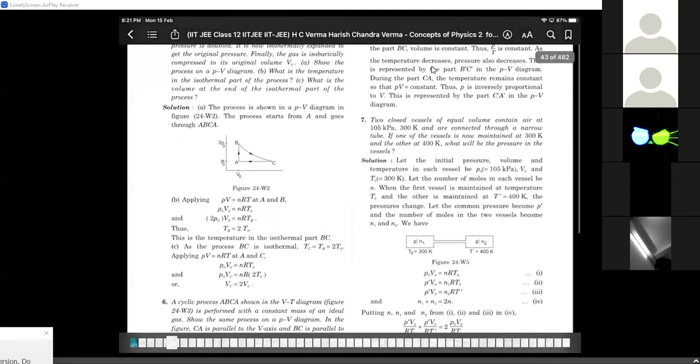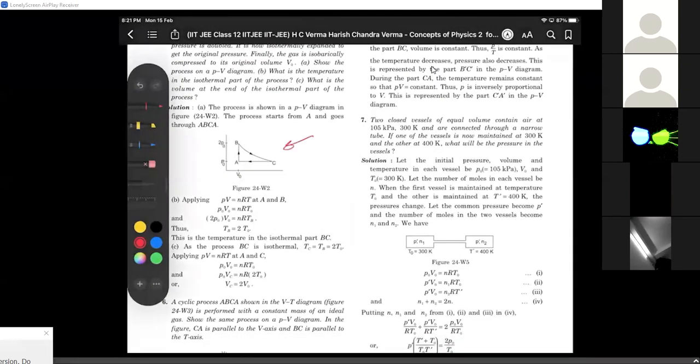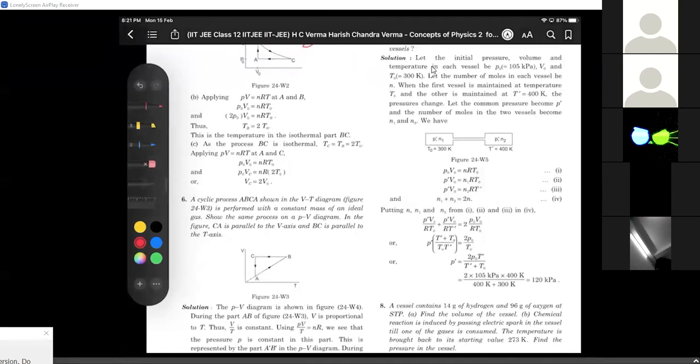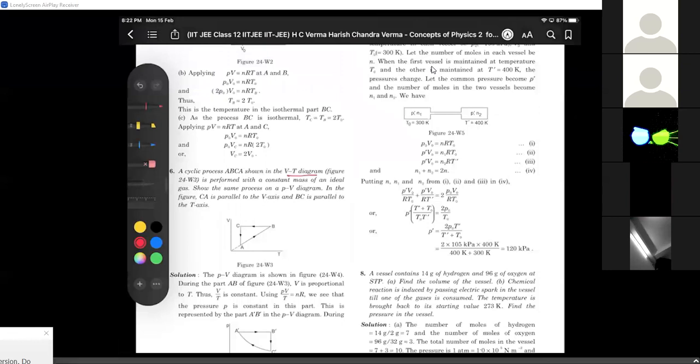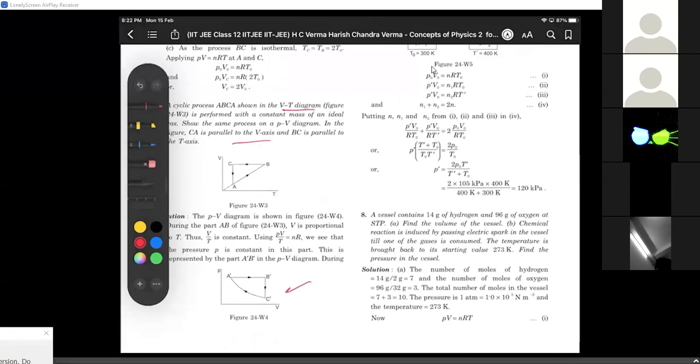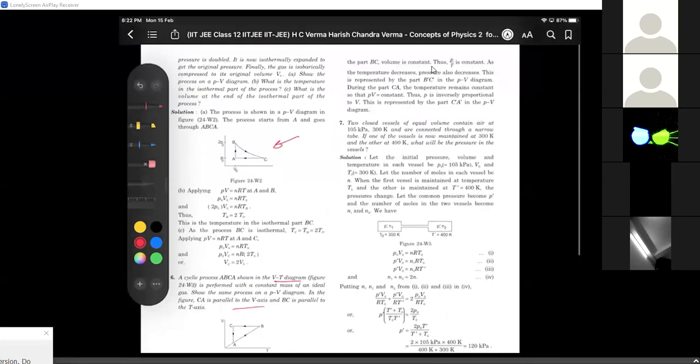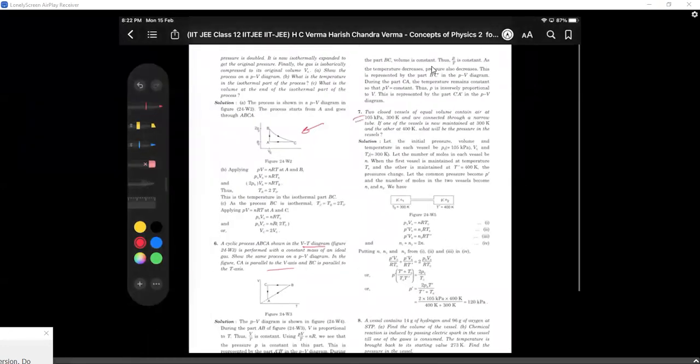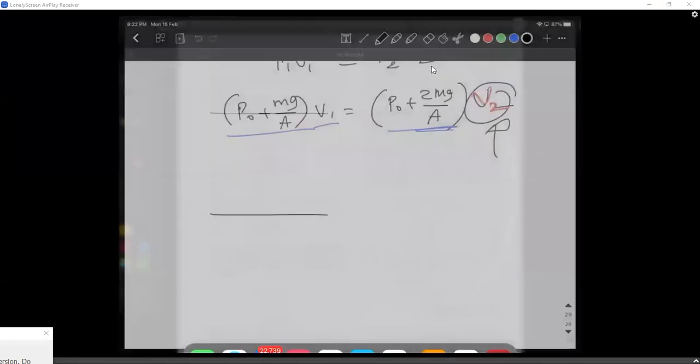Even the graph problem, there is an interesting graph problem. This is a very good problem. I want you to go through this problem also. And the sixth problem you can easily do because I've already done that. He's simply asking us to change this VT graph into a PV graph, I guess. This is easy for you. Let's talk about these kinds of questions. The seventh question is an interesting one.